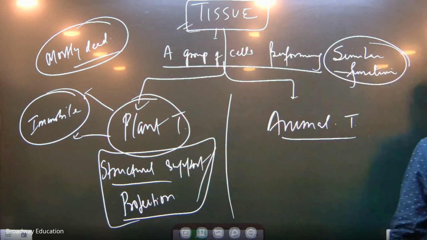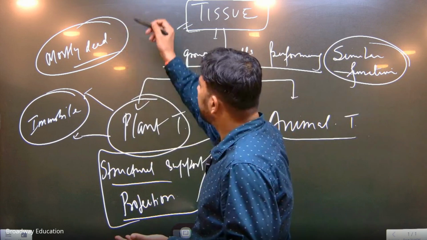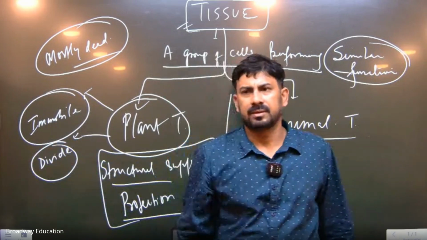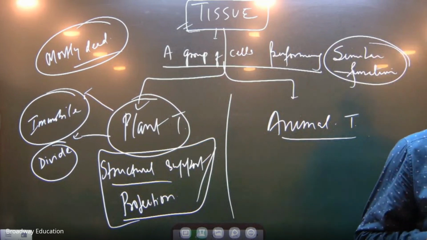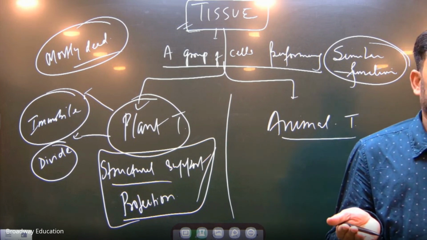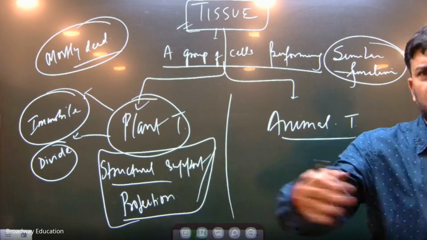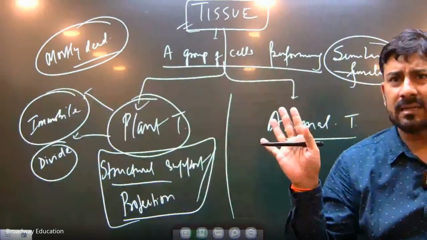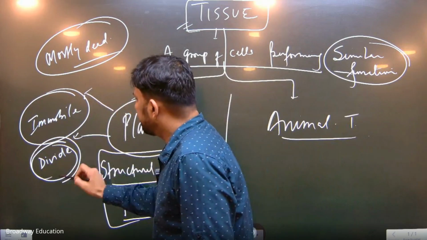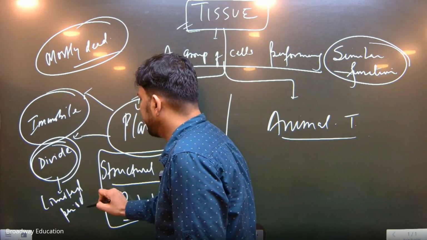Is that clear? Yes or no? And those which are living, they divide to a certain extent of time. This part is clear? Those tissues which are living in the plant divide, very right point. But to a certain extent, they don't divide throughout their lifetime. Is this part clear? Getting me at the back? So those tissues which divide, the divisions are for a limited period. Is this part clear with everyone?